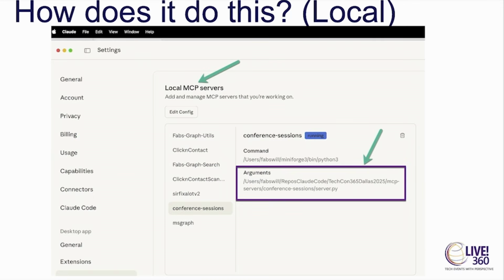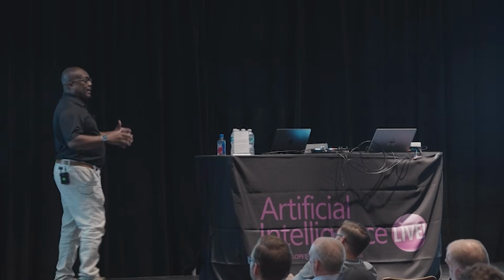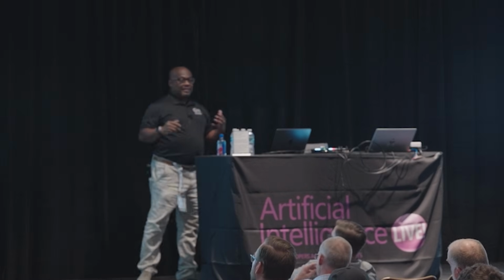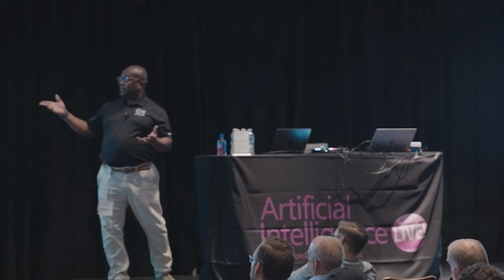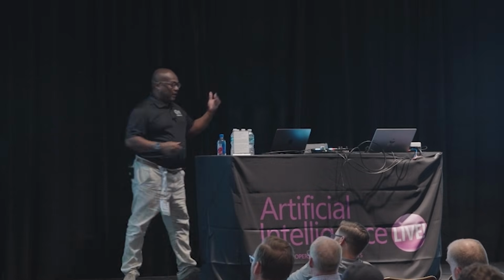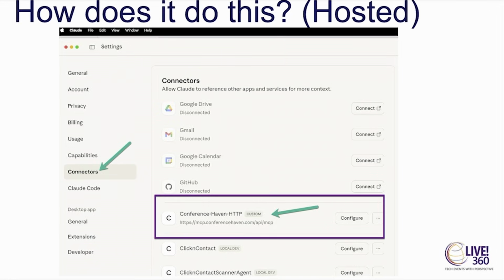Now, if you're running locally, you'll notice here that this has a path. If this was on a Windows machine, it would be C:\whatever. If you're running an MCP server, as I mentioned before, you can run it locally or in the cloud. Locally, it's going to be on your machine, so it goes to a path, and you could either run it as a .NET app, or in this case for me, as a Python app. So you give it the executable, you point it to where the script is, and it just starts to run. Conversely, if you're doing this as a hosted solution, you point it to the URI, and this is the correct URI this time,